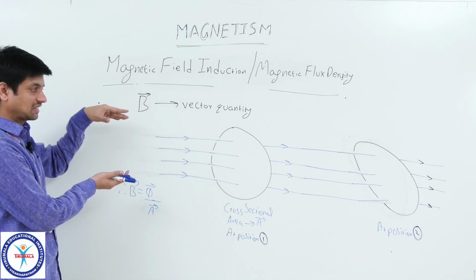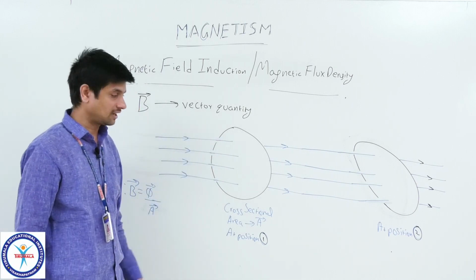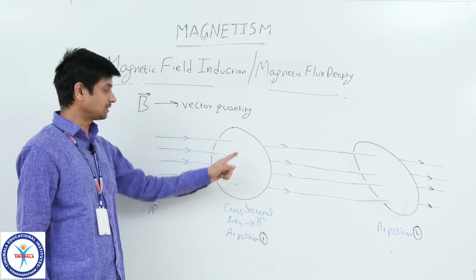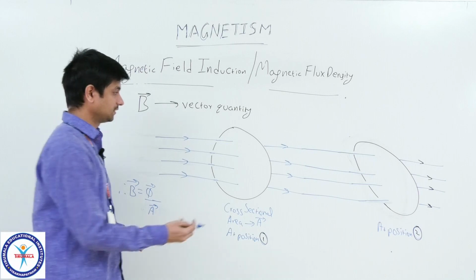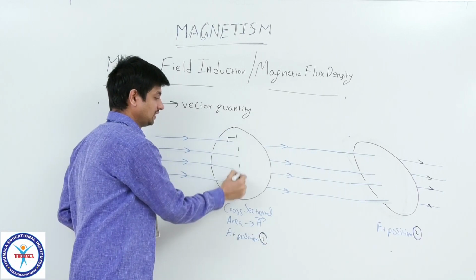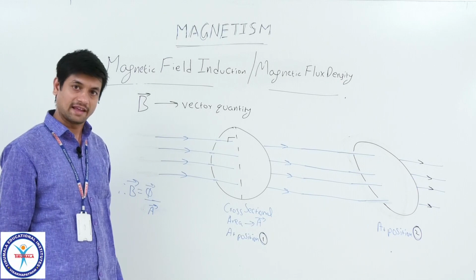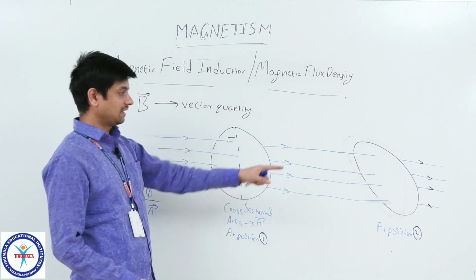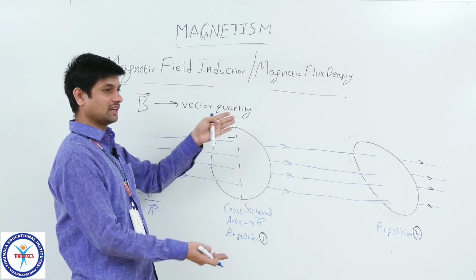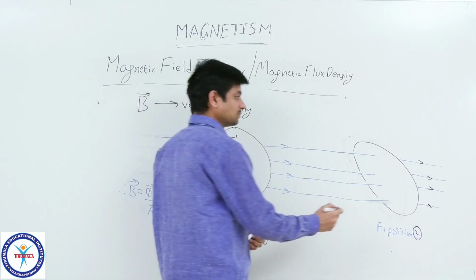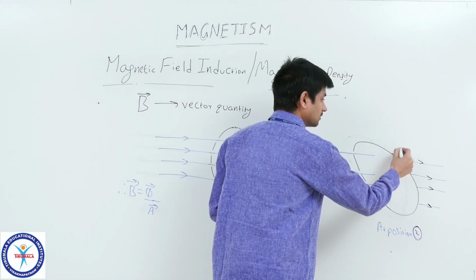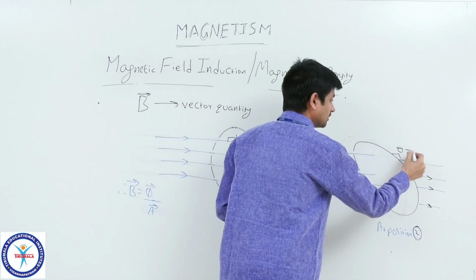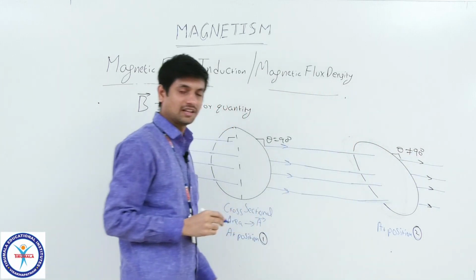Look at this. Some flux lines are passing through this cross sectional area. How is this cross sectional area aligned with these flux lines? It is perpendicular to them. That means, if you take the angle like this with its axis, the area is perpendicular. Now look at the second case, where the cross sectional area is oriented at some angle. Here theta is 90, but here it is not equal to 90.